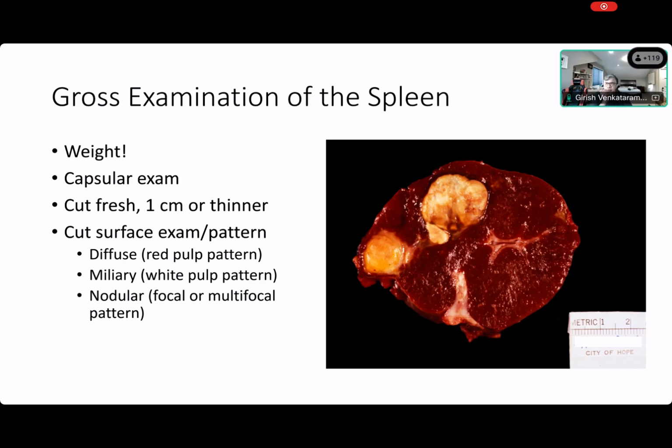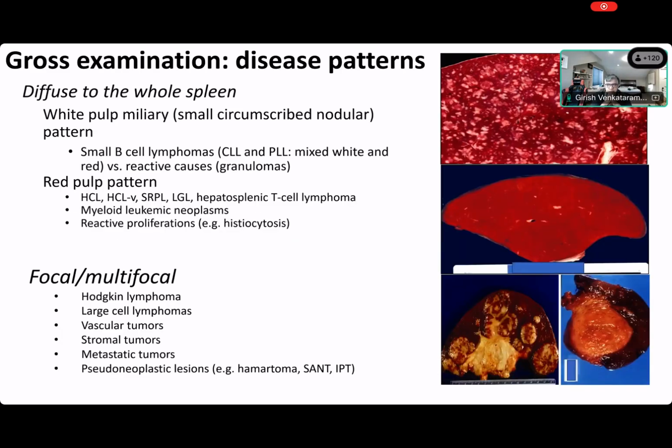That's important to remember. So the gross examination does give you a lot of information, even in a spleen, if you get a splenectomy, that is. But the key thing is, you don't normally get splenectomies, right? So it's not as important to know, but at least for the record's sake, for your exam's sake, you're supposed to know all of these patterns: things that are very diffuse to the whole spleen, and things that are focal or multifocal. It's good to remember like this and have your list. So diffuse lesions, you also have white pulp lesions and red pulp lesions, right? Think of it like this. Don't try to read each and every word on the slide here.